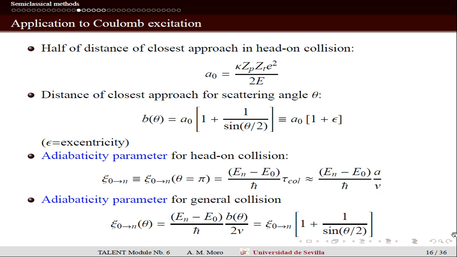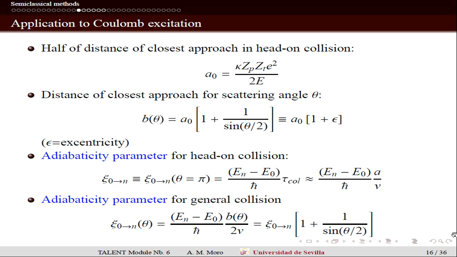Also, we could define a distance of closest approach for a finite impact parameter. The distance of closest approach will be larger, in general, because of the centrifugal barrier that will tend to keep the projectile and target apart. So this is the distance of closest approach for a specific scattering angle. And this quantity, 1/sin of theta over 2, appears many times. So one defines usually a quantity that is called the eccentricity of the orbit, of the classical orbit, to simplify this